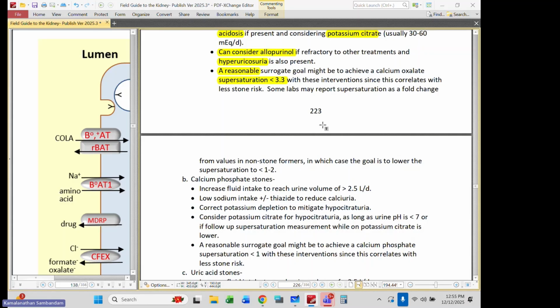And yet, hopefully, we're not forming stones, okay? I haven't had my KUB, okay? All right. Okay, all right. All right, so in any case,